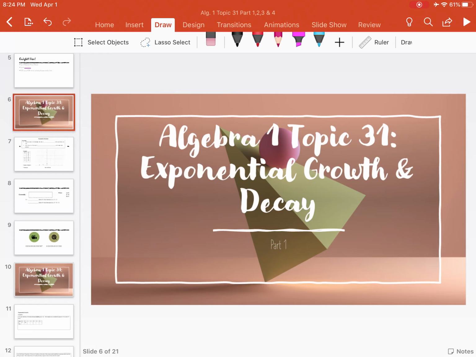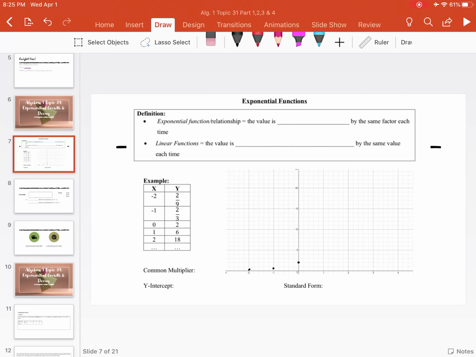Welcome back to Topic 31 for Algebra 1, Exponential Growth and Decay Functions. In Part 1, we're going to explore what actually is an exponential function. So an exponential function or relationship